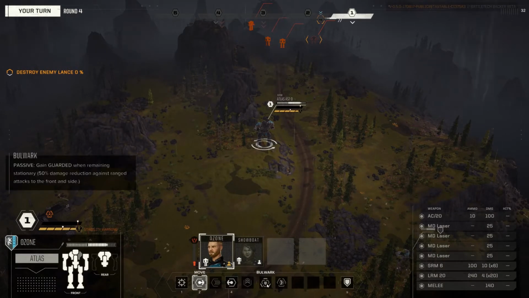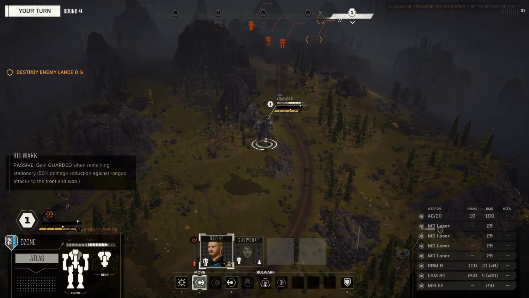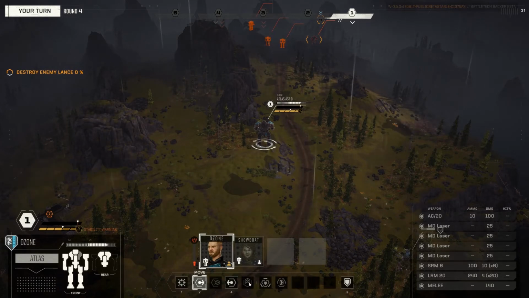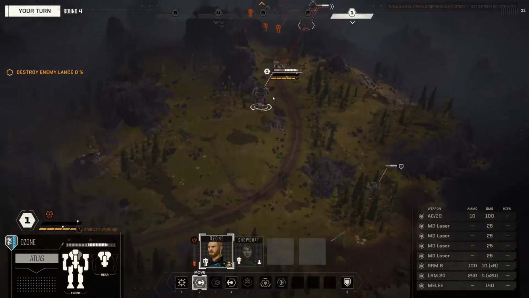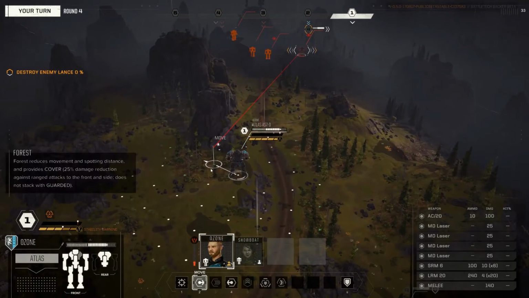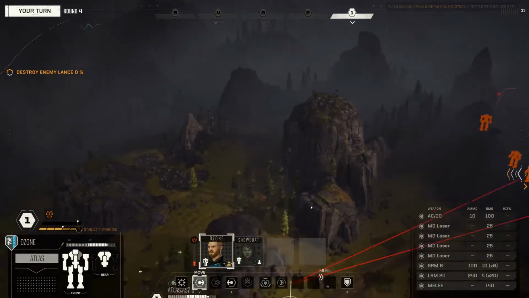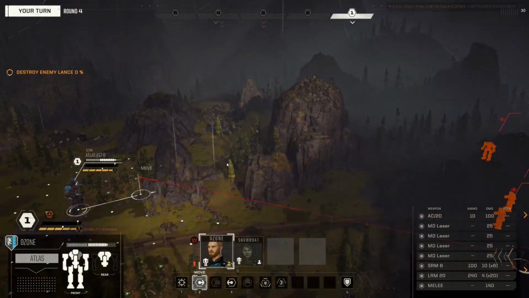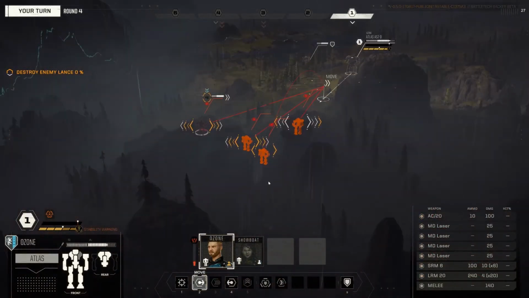So I get the extra evasive if I stay moving. Range attacks to the front and side. So I'm kind of thinking I really need to brace. Because I'm not going to be able to outrun what's coming down that way. And I know from experience on this map that you can go through that pass there. If we take it from this guy's standpoint here...